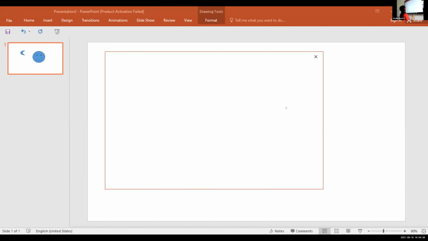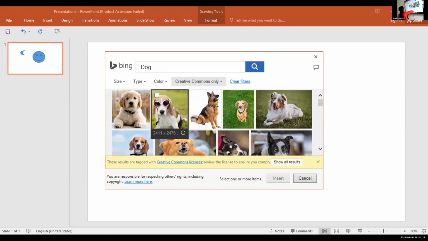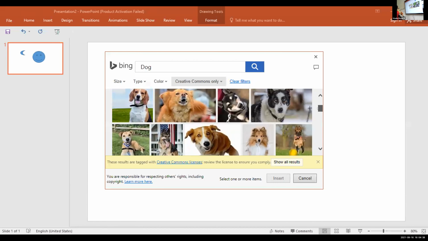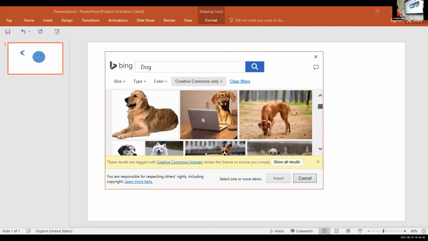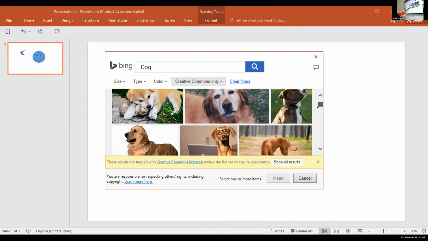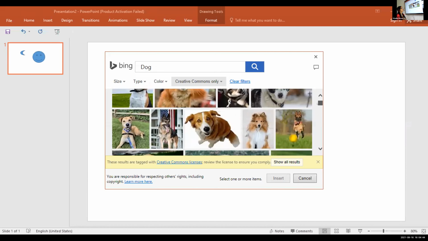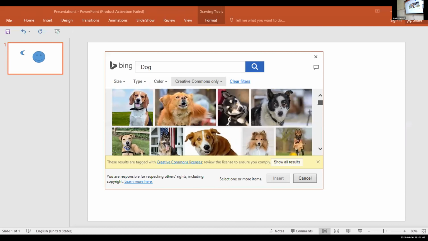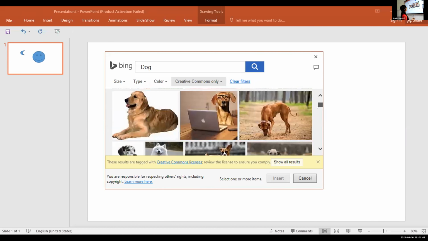Rudra, tell me which picture do you want? You just scroll down. See, a dog with laptop. Do you want that? Which one, Rudra? I can't hear you.